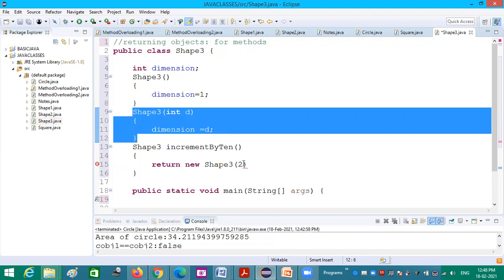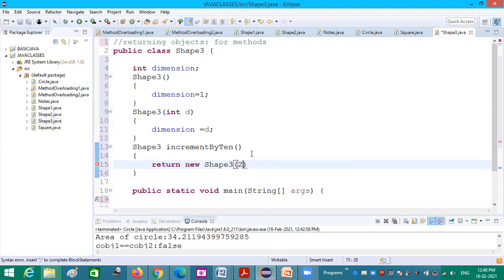Whatever I am passing should be incremented by 10, so I am giving 2 plus 10. So 2 is the value that I wanted to give, and in the one line I can pass 2 and then increment likewise. In that way also we can do.